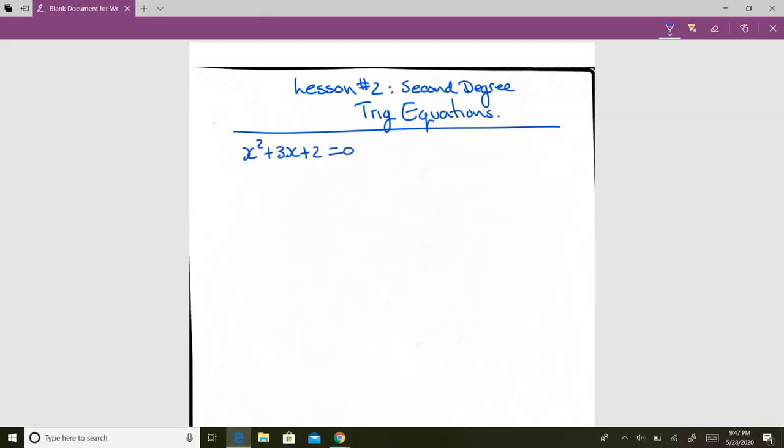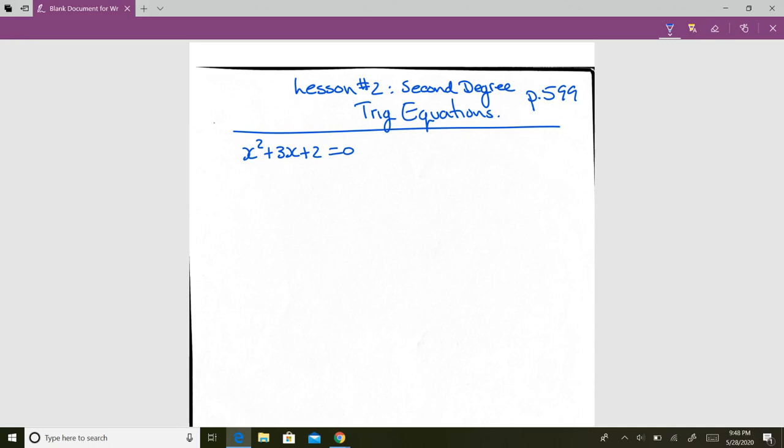Alright everybody, we're on lesson number 2. Again, I'm doing notes just because my textbook is a bit messy right now. So first, this is on page 599. There we go. Okay, so it's solving second degree trig equations, which essentially means we're solving quadratic equations with